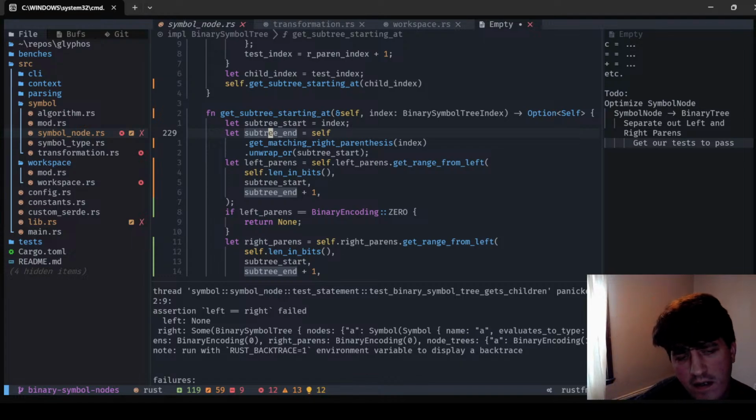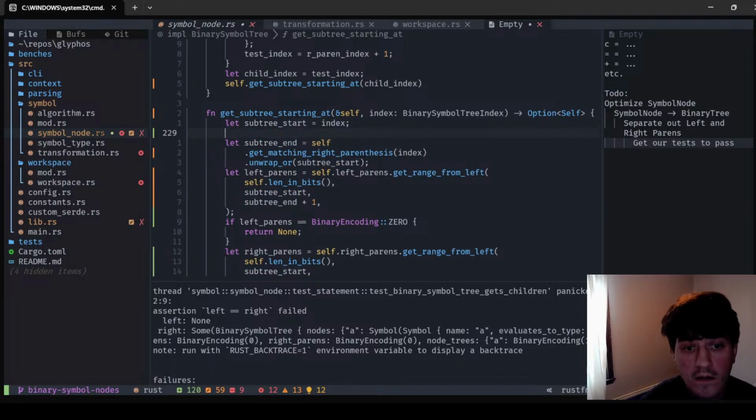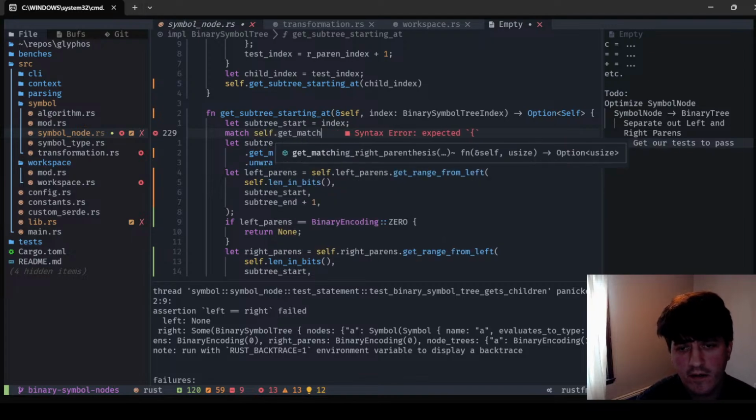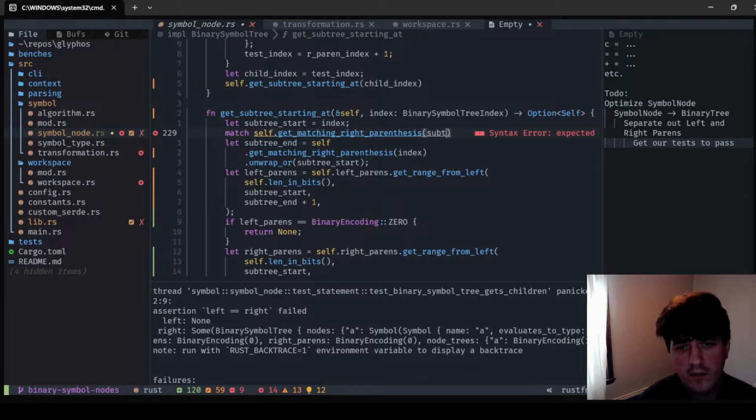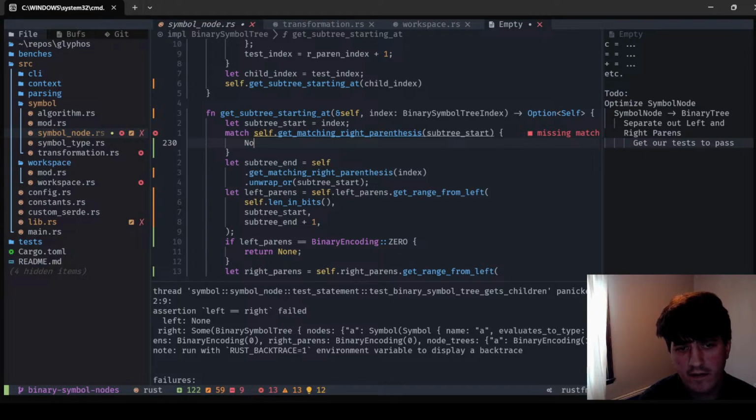There's the case where it's a function. So it's like match self.get matching right parenthesis subtree start. If it's some index, some r_n index, then